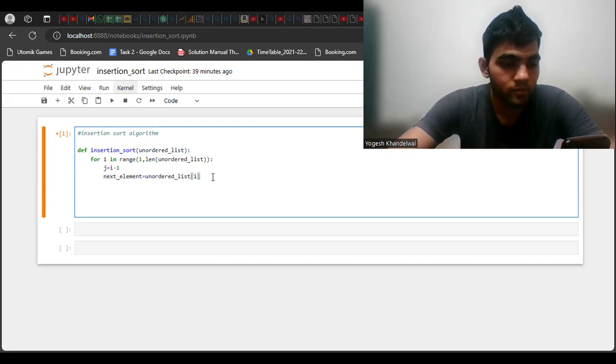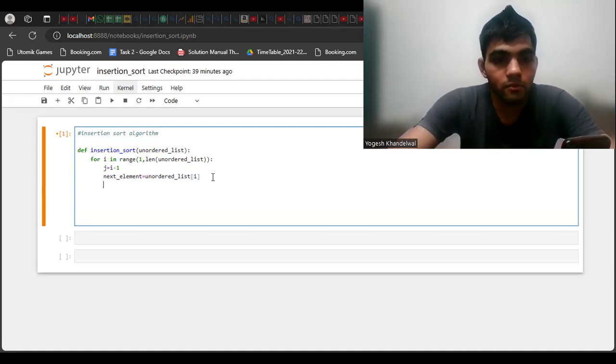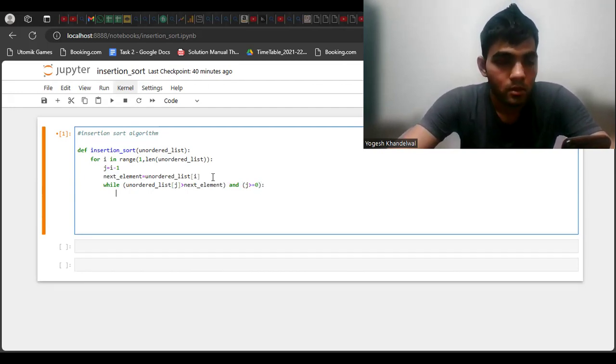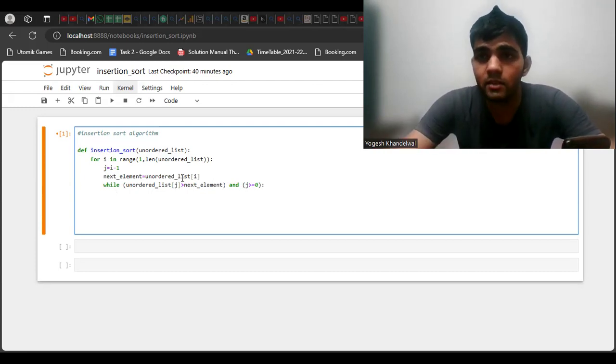Then we apply a while loop: while unordered list of j, our 0th index, is greater than next element, and j is greater than or equal to 0, then if this is happening, like our previous element is bigger than the next element, we have to swap that.